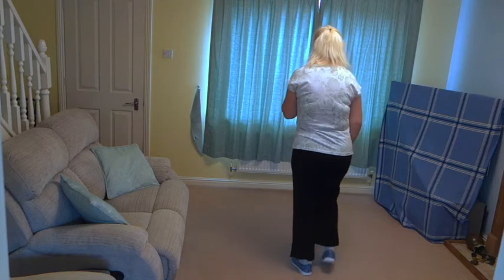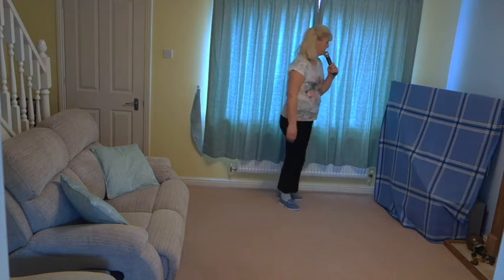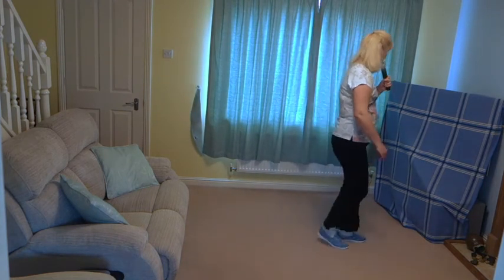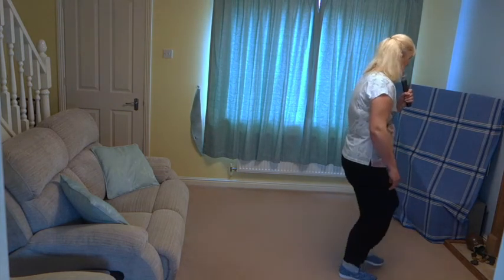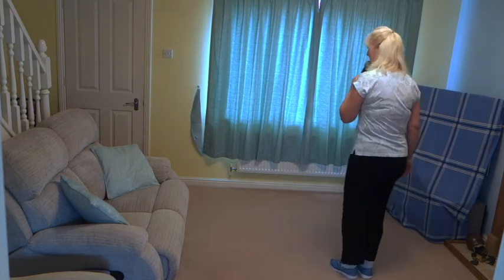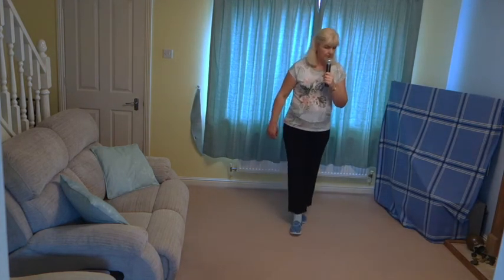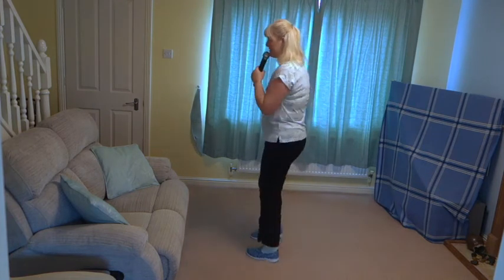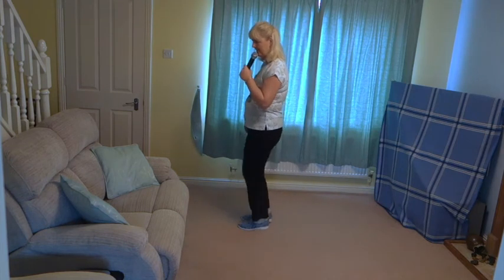Five, 6, 7, 8, ball, scuff, cross, step, lock, step, pivot, cross, side, behind, side, cross, mambo, cross, stomp, heel, toe, heel, flick, side, behind, side, stomp, heel, toe, heel, flick, side, close, step, side, close, turn, side, close, turn, side, close, turn, coaster, step, ball, scuff, cross, step, lock, step, pivot, cross, side, behind, side, cross, mambo, cross, stomp,